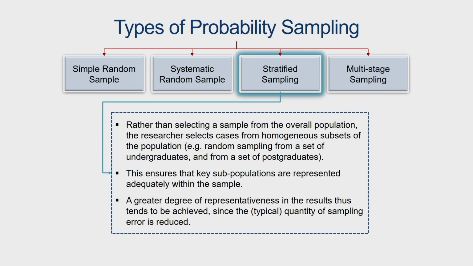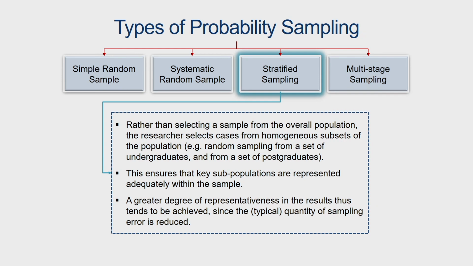So, instead of straight away carrying out a random sample, the best thing to do would be to stratify the farmers into different classes. Let us say you have large farmers, medium farmers, small farmers, marginal farmers and so on. Once that first stage of stratification is complete, you can then draw a random sample from the large farmers, the medium farmers, the small farmers, such that each of the farm size classes have an equal chance of being represented in the sample. So, that is what we mean by stratified sampling, and this ensures that key subpopulations are represented adequately within the sample.